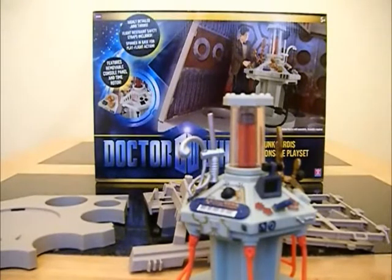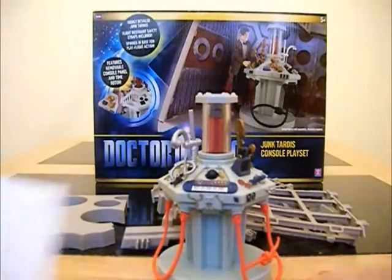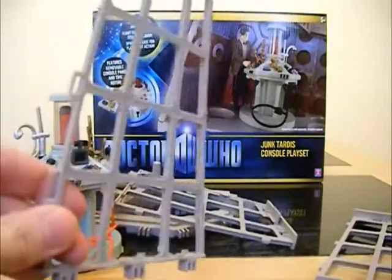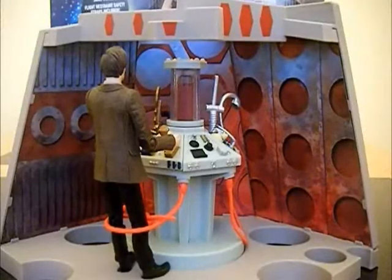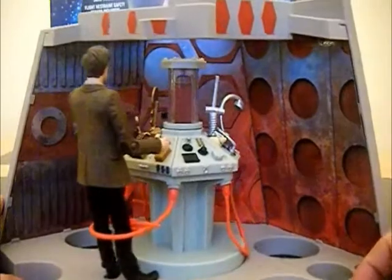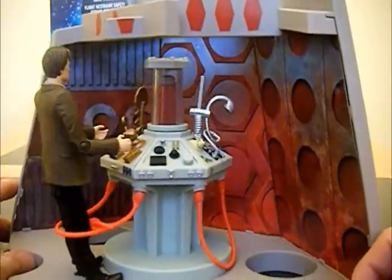Right, so what have we got here? The instructions. Let's have a look. Doesn't look too complicated. Let's go. So I'm now going to build this and I will be right back. And there we have it. We have the Junkyard Tardis, which has been built and completed by me, and it took about 10 minutes to